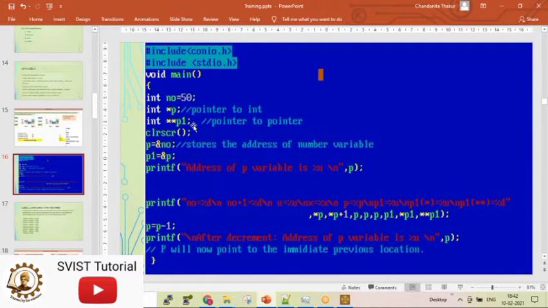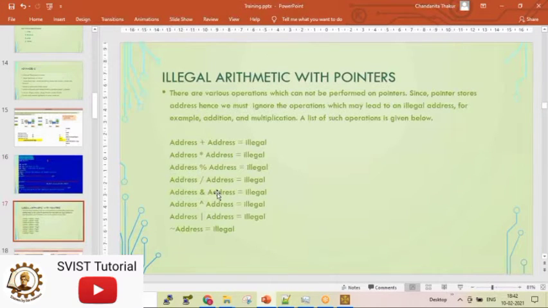I will tell you in a different way: a single pointer's address can be stored in a 2 star pointer. So a 2 star pointer is a double pointer, and double pointer P1 will be holding the address of a normal pointer. Any doubt in between, please don't hesitate to ask me.